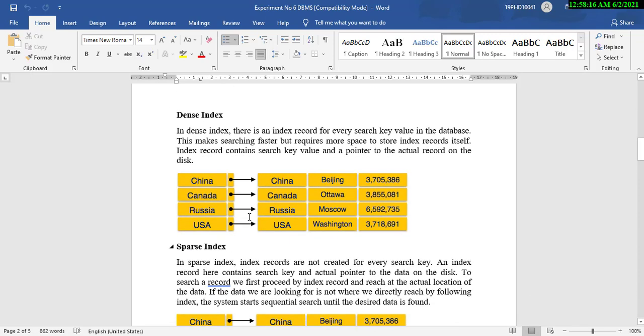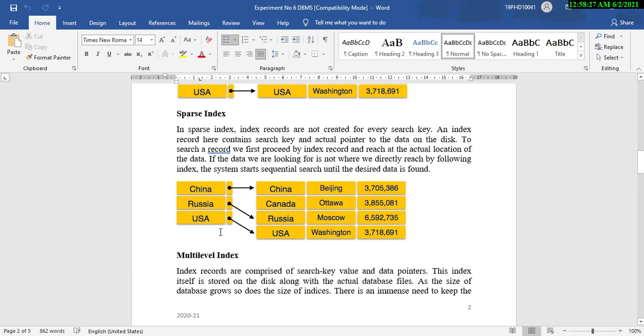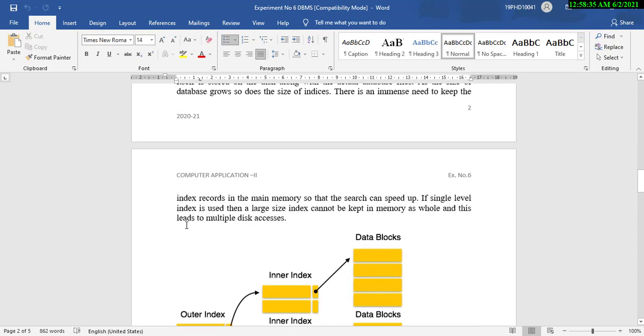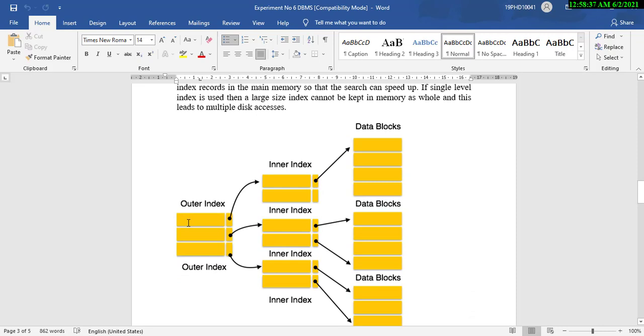So for example, from this diagram you can get this information that each and every value has an entry in the index table. And sparse index is the index which does not follow each and every entry, but follows intermittent entries to be included in the index. Then a multi-level index can be an index of index.